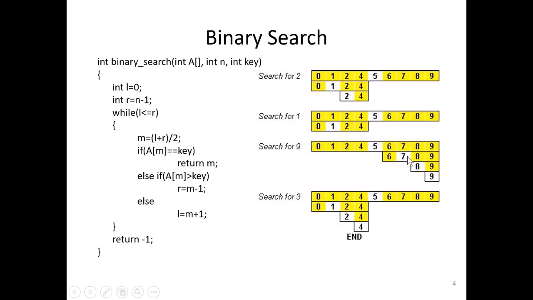Just again find the mid value. Compare mid value with search key 9, element is not matched, so it is found in the right side. Again find the mid value, it is not matched. Again find the mid value, it is matched. Okay. So in the worst case, the element to be searched is available in the last position. At this situation itself, we have 1, 2, 3, 4 comparisons only.